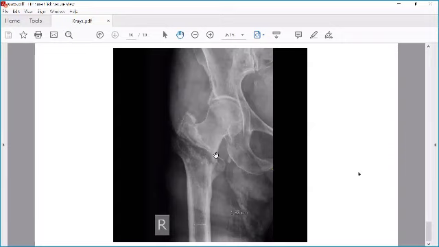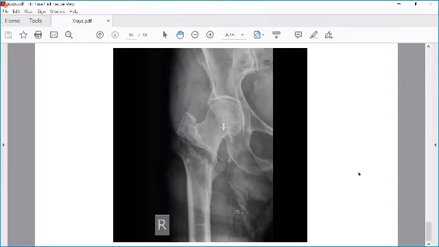So how will you differentiate clinically where there will be more external rotation of the leg? Intertrochanteric fracture. Yes, because this is outside the capsule and that one is inside the capsule. So the management also differs. In IT fracture, you simply put a proximal femoral nail. And in a neck of femur, you have to go for a replacement.